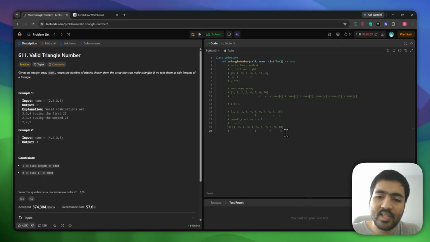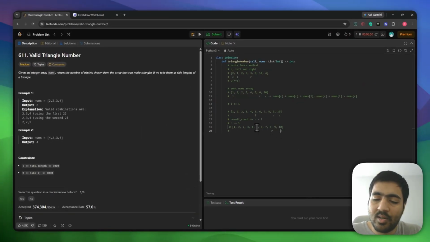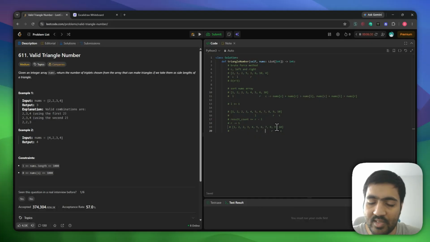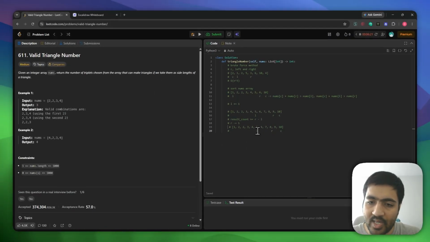So in this case, we will see if 5 plus 8 is greater than C. Yes. Again, we have a triplets count here. Then the result count is incremented, and then we can skip all these subsequent values again in the next iteration. So then R comes to the 7th value, and we will check 5 plus 7 is greater than C. Yes, it's greater. Then we'll skip these computations, and when R and L are side by side, we will break the loop and